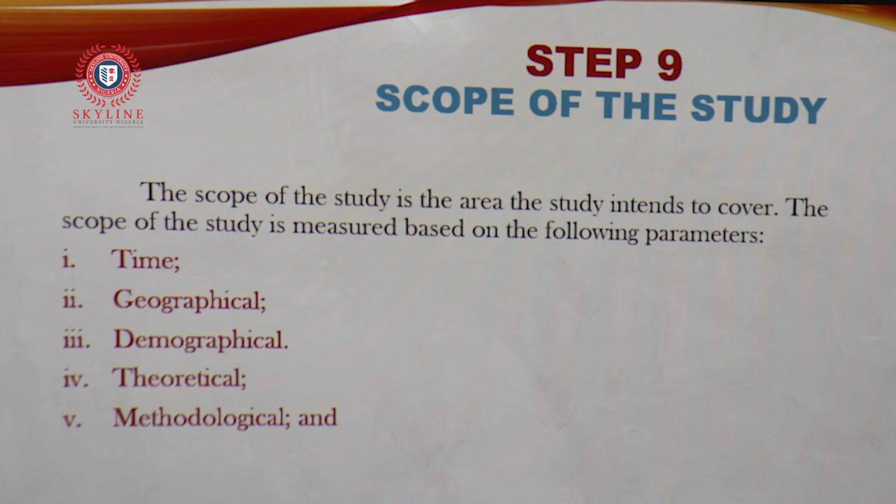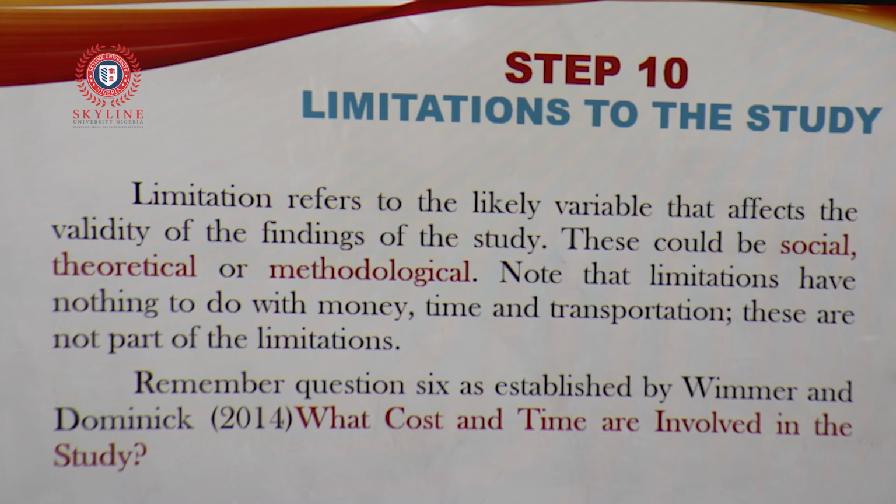And then theoretical scope. There are so many theories. What do you say on this theory? Maybe it's perhaps because the theory constitutes part of the study. And lastly is what? Methodological scope. You need to also establish why you are adapting a particular method that could serve as this scope of the study. And in step 10, we have limitation to the study, and not limitation of the study, limitation to the